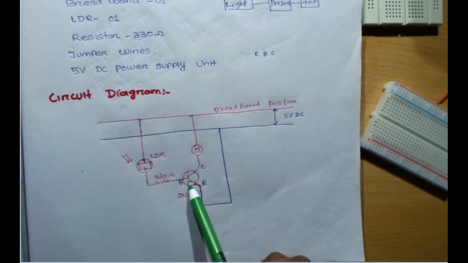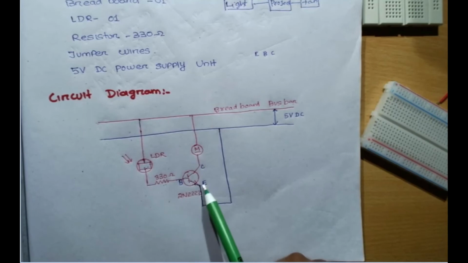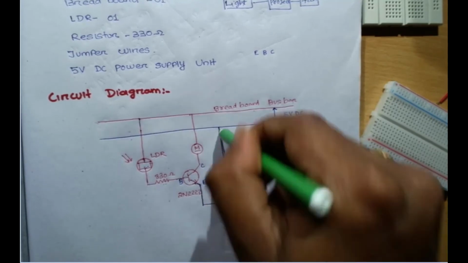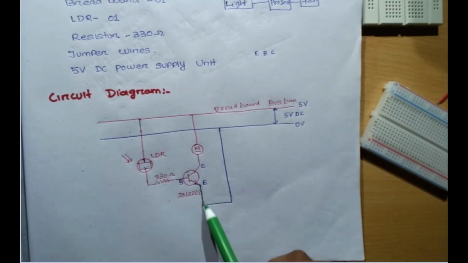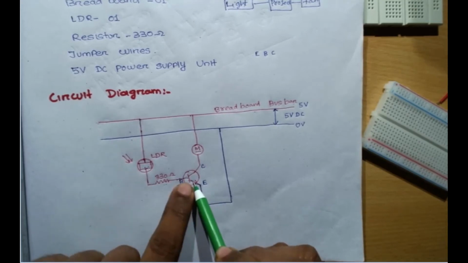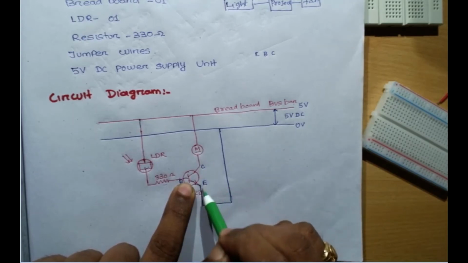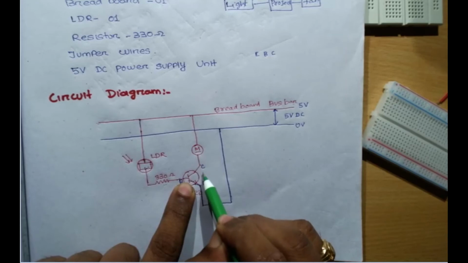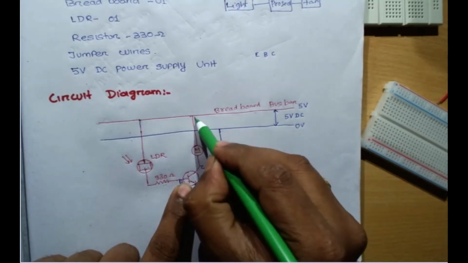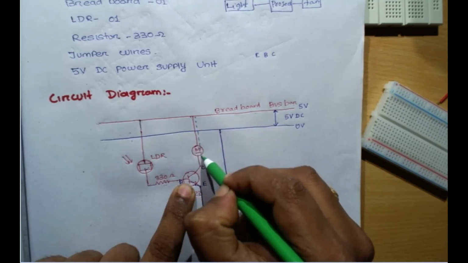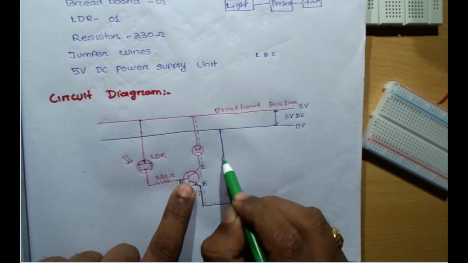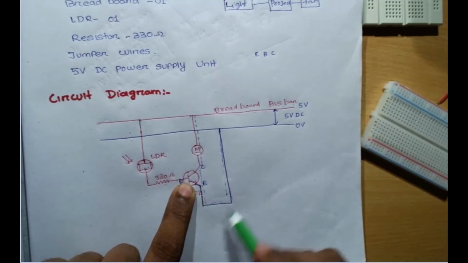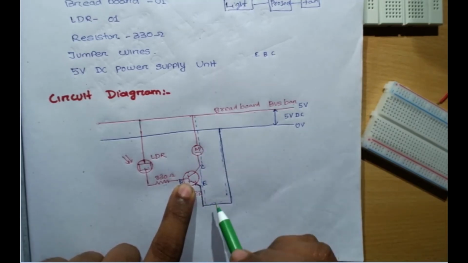Now the current starts to flow through this LDR and resistor to B to E, then it will come back to this. Suppose this is 0 volt, this will be 5 volt. In this way current will flow through the base. Now this will be triggered. Now this will switch on. As it is switched on, it means this path will also close. Now the current starts flowing from the motor through the transistor, then goes back to the blue line. It comes from red and goes to blue. But this does not happen when there is no light.